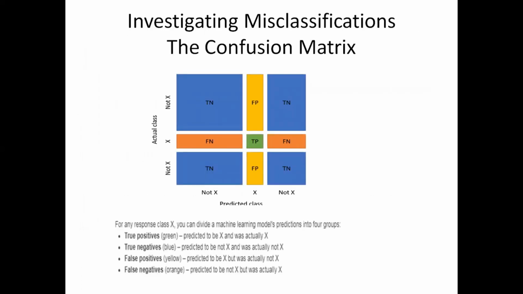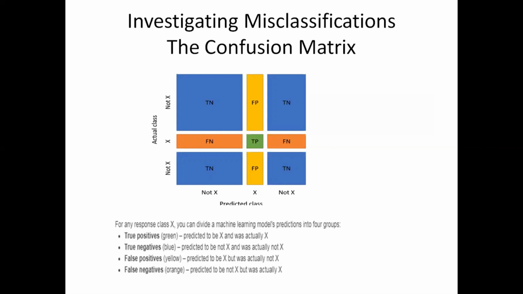Next, when we want to investigate the misclassifications in more detail, what gives us more details about the misclassifications, or how the classification is made, is the confusion matrix. Just to understand, this confusion matrix has got 4 parameters. It is plotted as the predicted class versus actual class. On the x-axis you can see the predicted class, and the y-axis is the actual class. And there are 4 categories under which the classification is grouped.